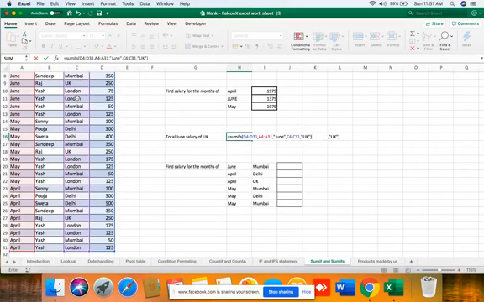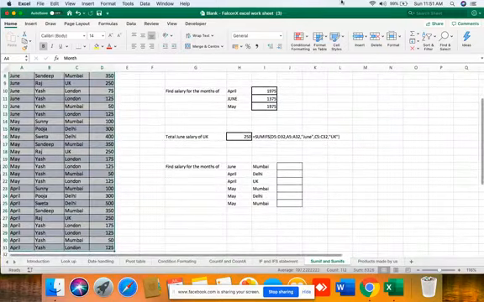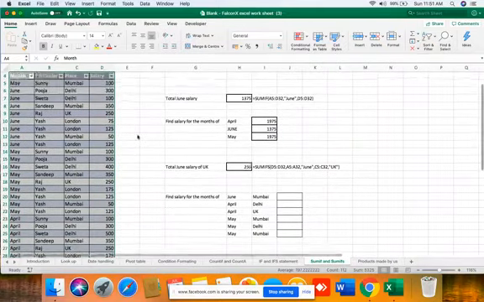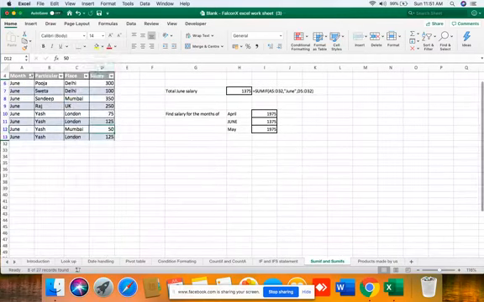As you can see, this is not case sensitive. We are getting 250 because the value is only 1. As you can see, June, UK, only one value is there, that's why. If I change it to London also, now the value will change to 325.